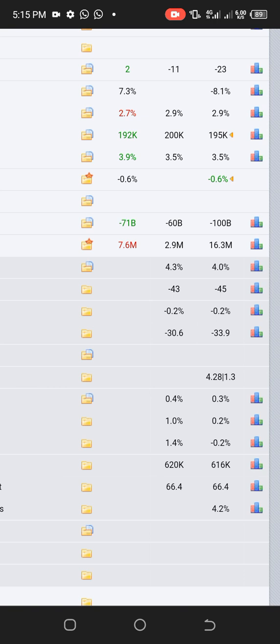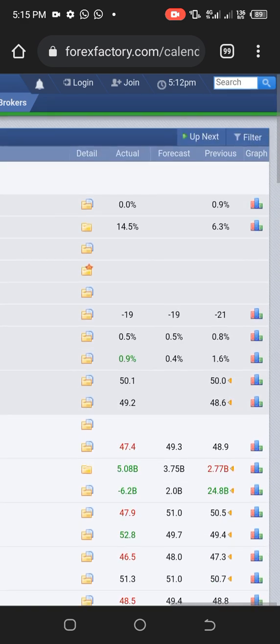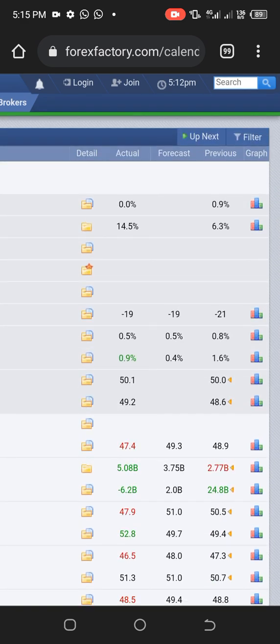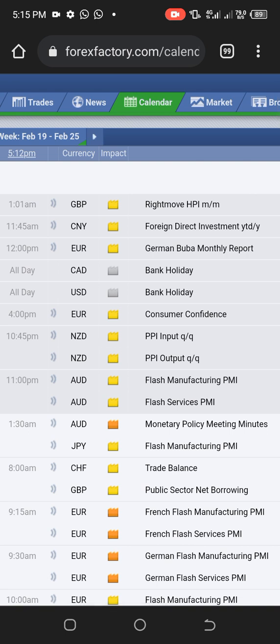So that is it. Now, actual greater than forecast for employment, GDP, simply means you should go and buy that currency, just like this one that happened on Monday. You can see actual 0.9% is green, greater than the forecasted data 0.4%, which shows that it's good for that particular currency. What currency is this? This should be New Zealand dollar.